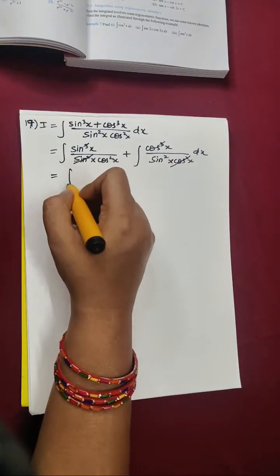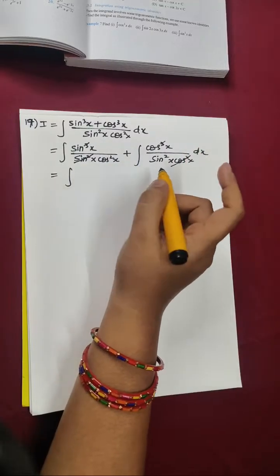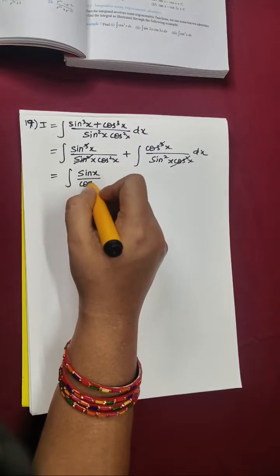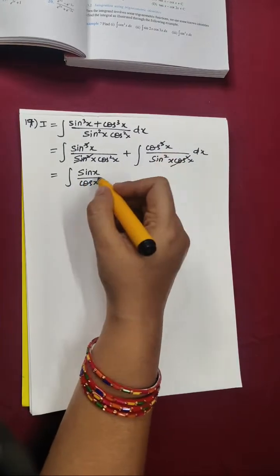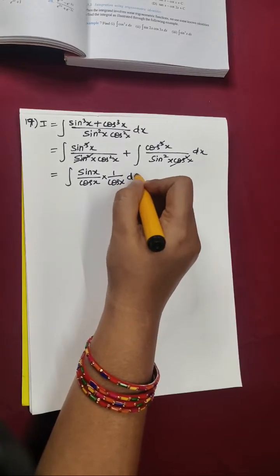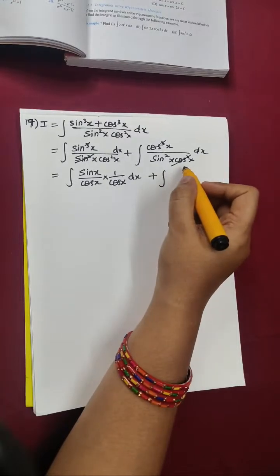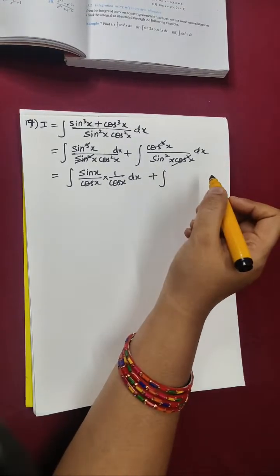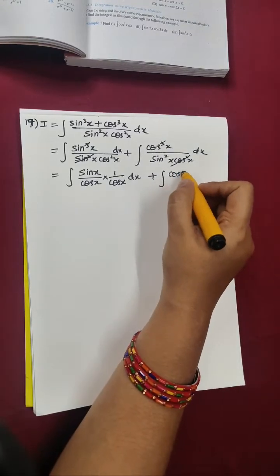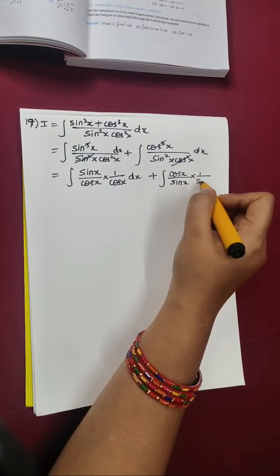Now you have this cos square, I am rearranging it as cos x into cos x. So that sin x by cos x, because two terms I have, into 1 by cos x dx plus the next term as it is sin square x, I am replacing it as sin x into sin x, so that